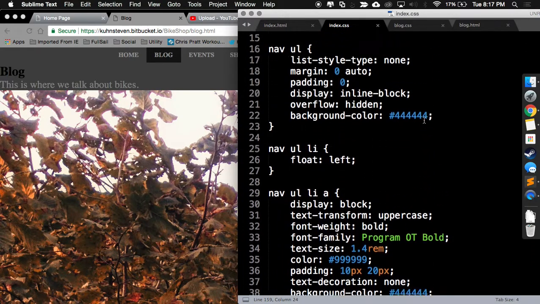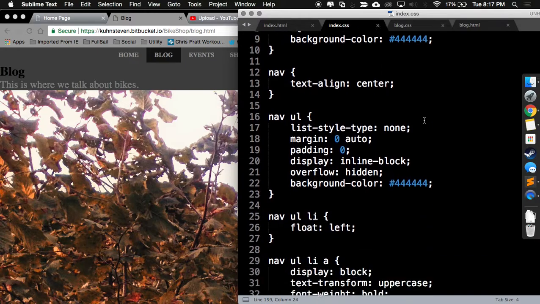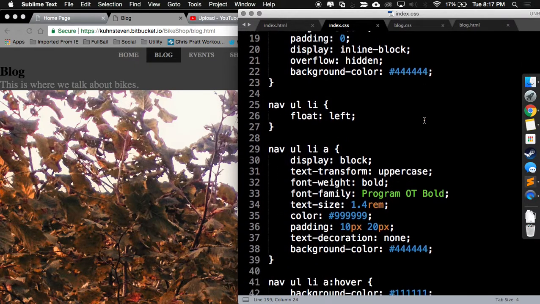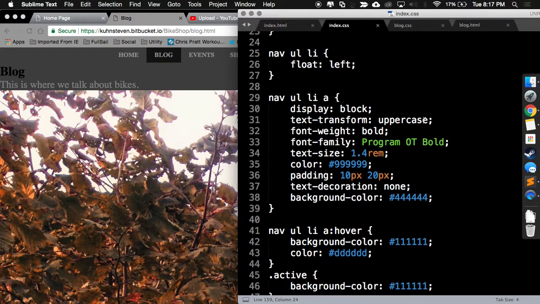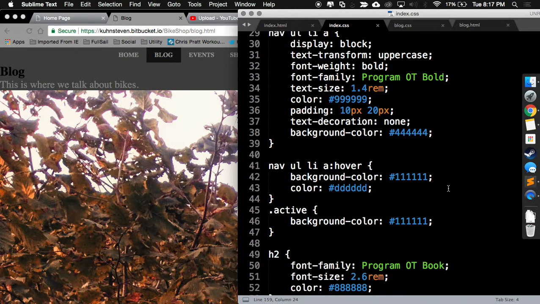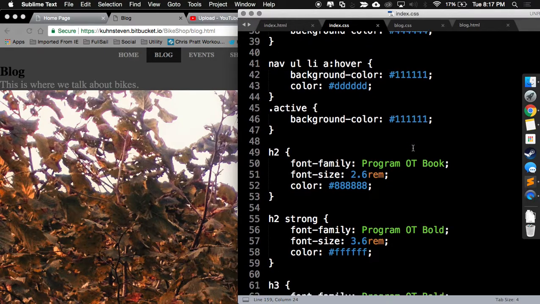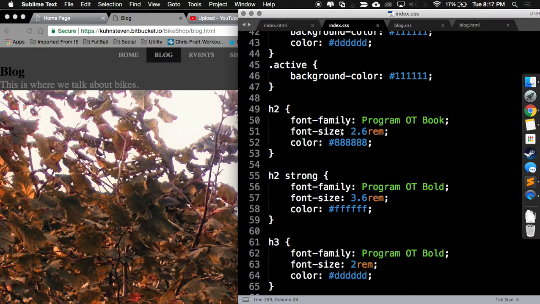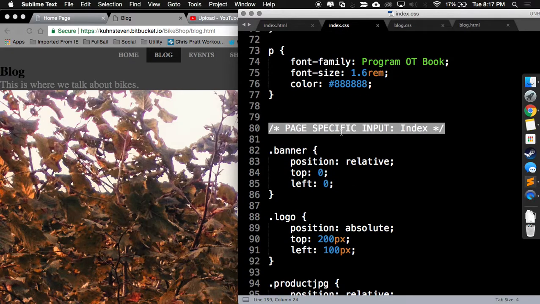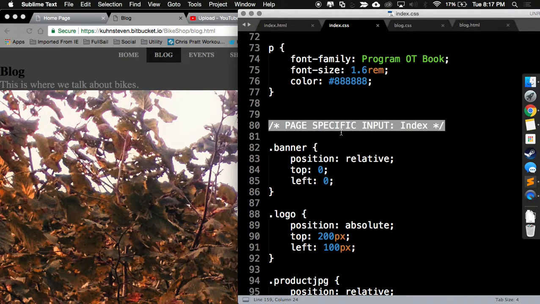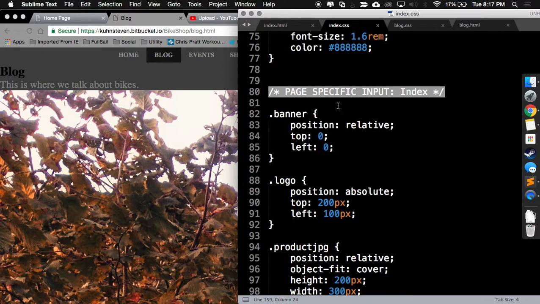I have a lot of code in regards to my navigation bar, centering it, getting hover, and setting the active page that the user is on based on the class that's called in each HTML file. The different headers, and then only for the index, really, I have